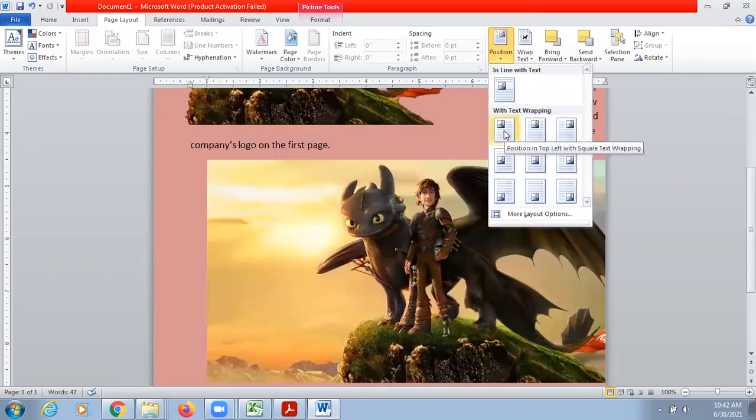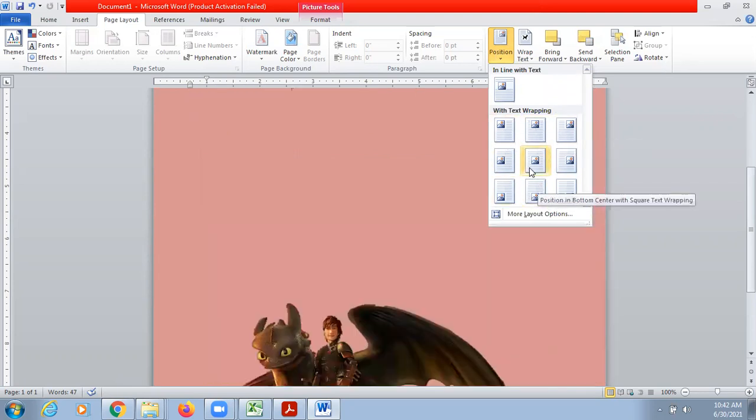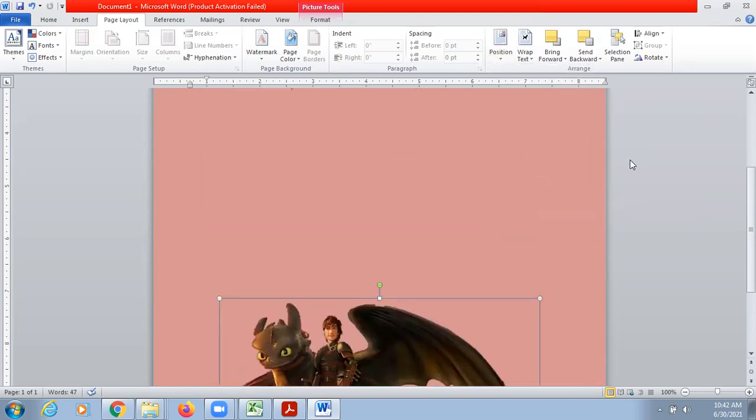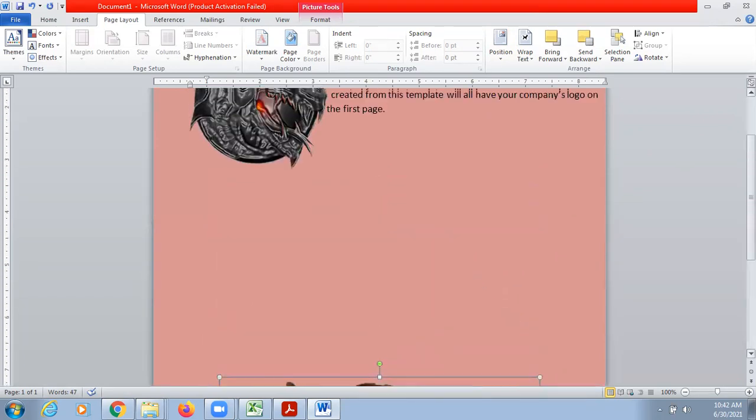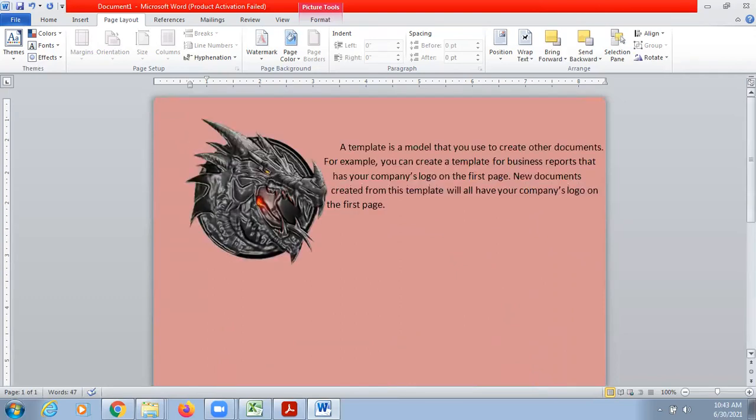You want to place this image on the left hand side or right hand side, in the center, top, bottom of the page, wherever you want to. Suppose you want to display it at the bottom of your page, you can set according to your requirement. So automatically it will shift to the bottom. This is positioning of the picture. And we can also do the same thing with the help of wrap text option.